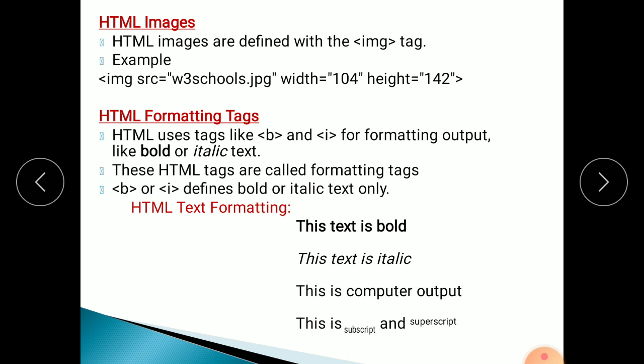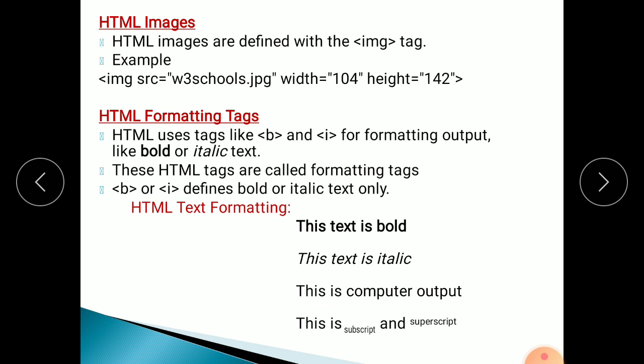code like this, here is how it looks. See here, HTML bold. This is a bold tag. You have written that this text is bold, and if you want to display this text in bold, it displays in dark color. This is a bold text and this is an italic text. Italic means if you use the I tag, the message comes in slanted form like this. This text is italic. This is computer output, meaning how we type on a computer and how it appears on the computer screen. If you want that format, use this tag.